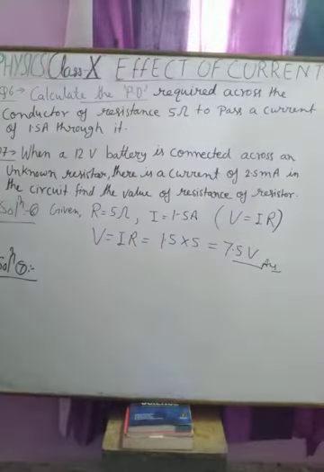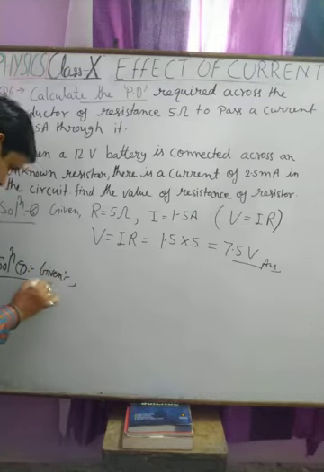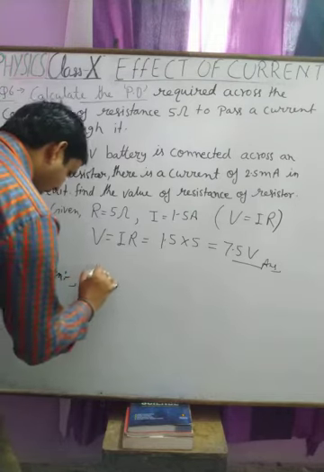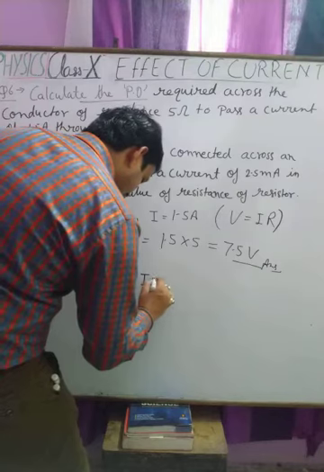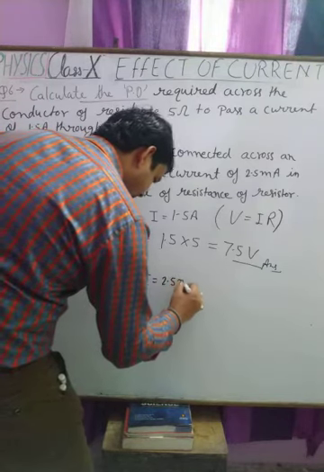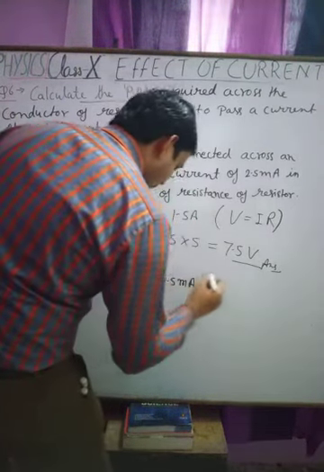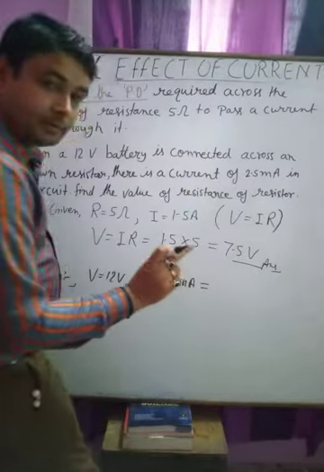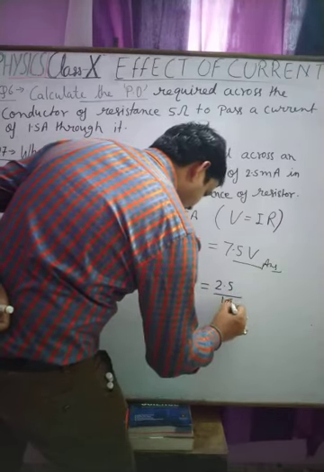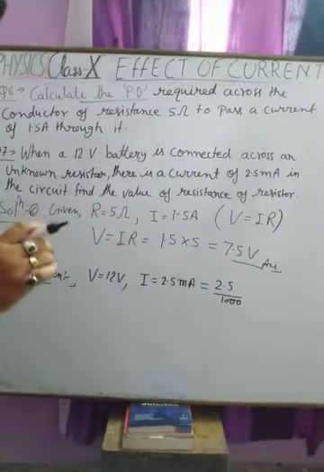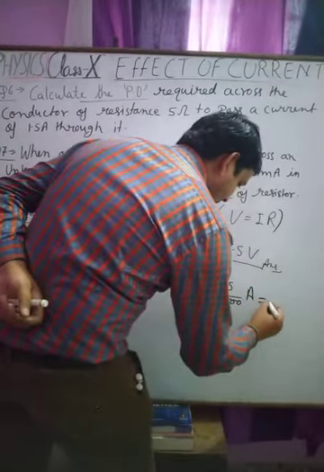In the problem, voltage is 12 volt and current is 2.5 milliampere. Okay student, you all know milliampere is converted into ampere by dividing by 1000, because milli has the value 10 to the power minus 3, so we get the result